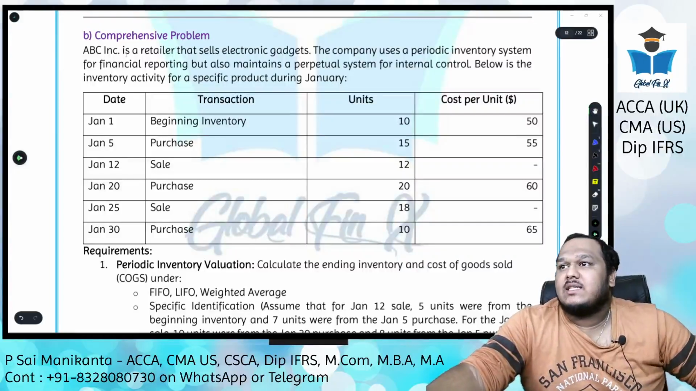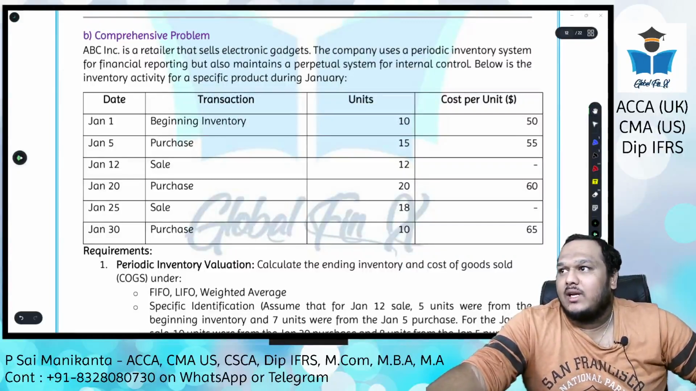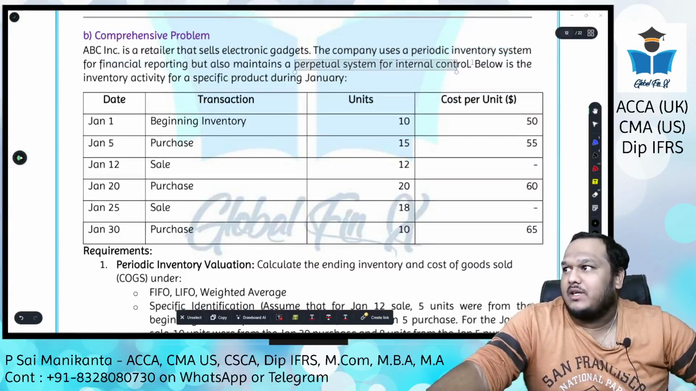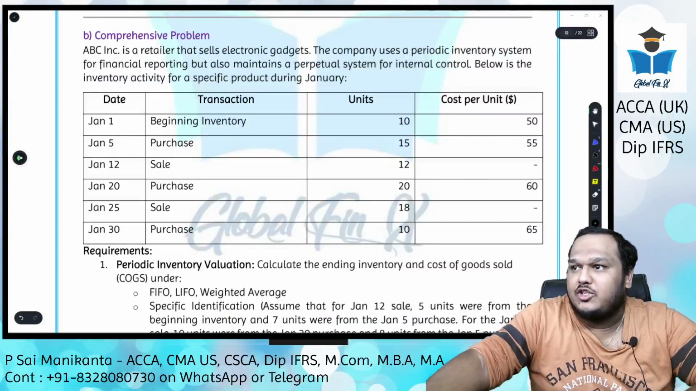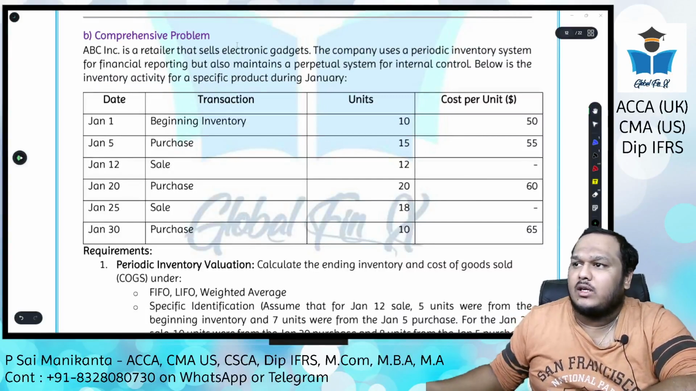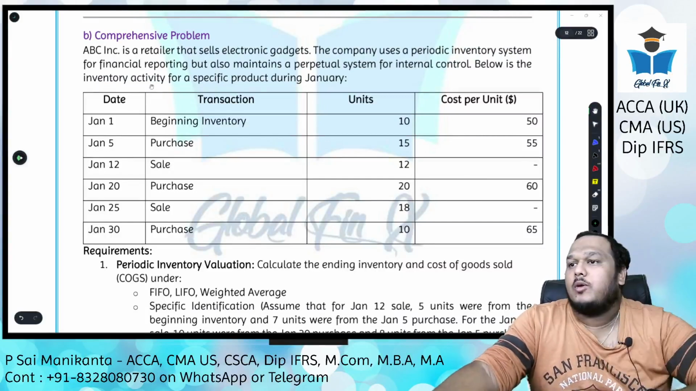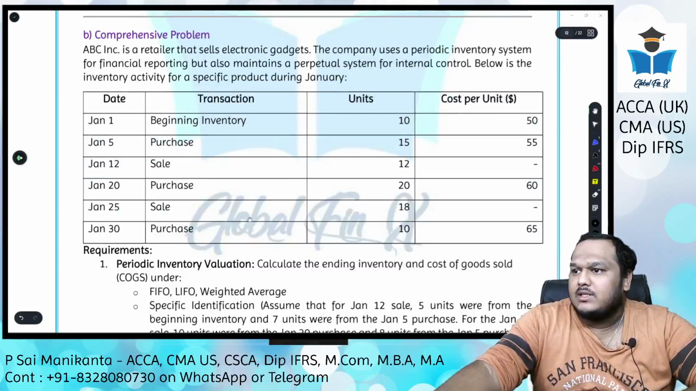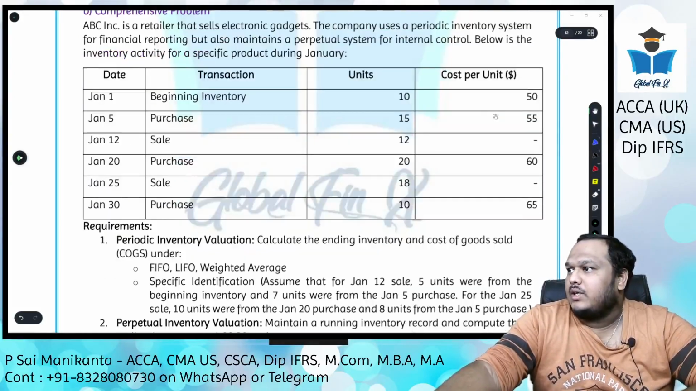So ABC Inc. is a retailer that sells electronic gadgets. The company uses a periodic inventory system for financial reporting but also maintains a perpetual system for internal control. Below is the inventory activity for a specific product during January. So we have only one product given in the problem. Okay, so date in January, then we have beginning inventory, purchase, sale, purchase, sale, purchase, then some units are given, cost per